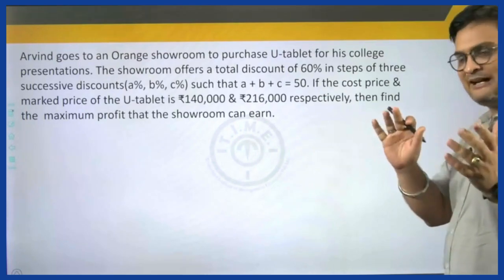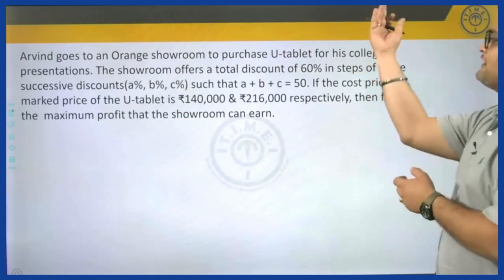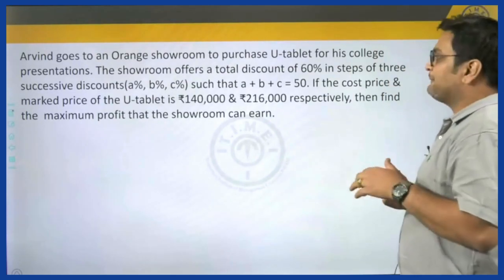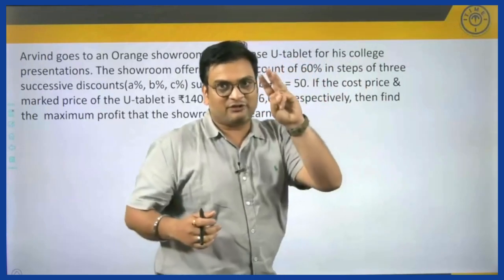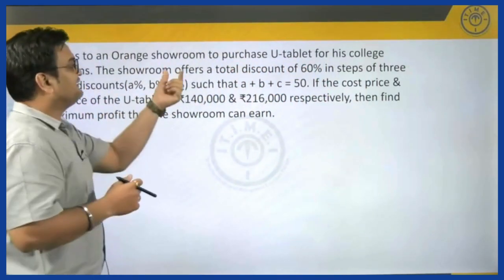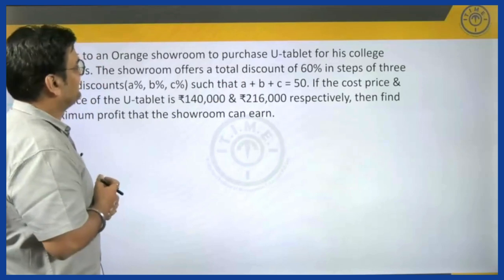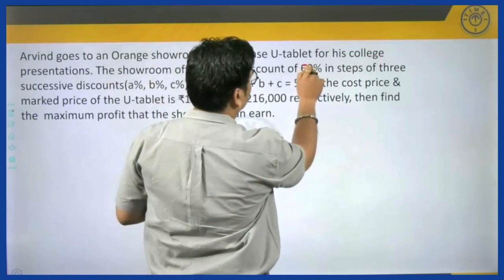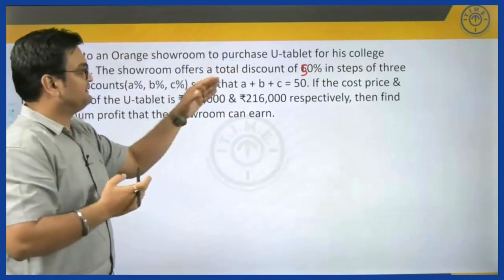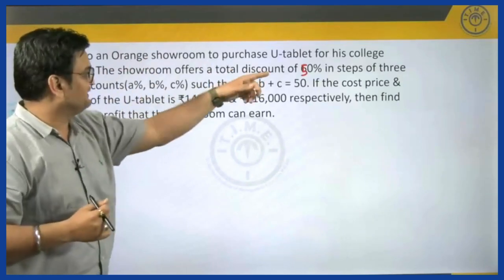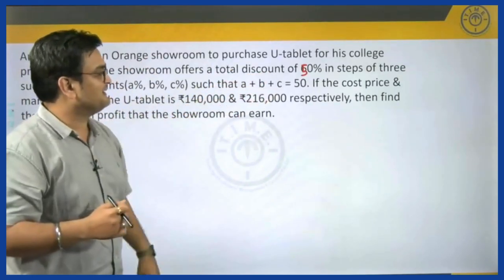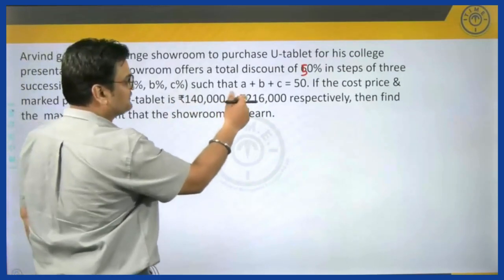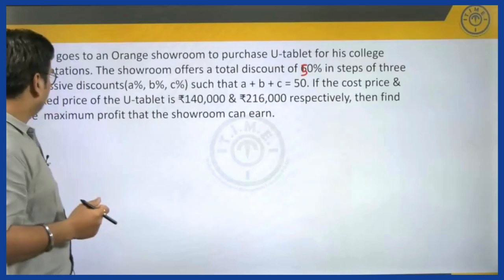So, something like an Apple iPad, right. It's an orange showroom. The showroom offers a total discount of 50% in steps of 3 successive discounts, such that A plus B plus C is 50. If the cost price and mark price of the tablet are 1,40,000 and 2,16,000 respectively, then find the